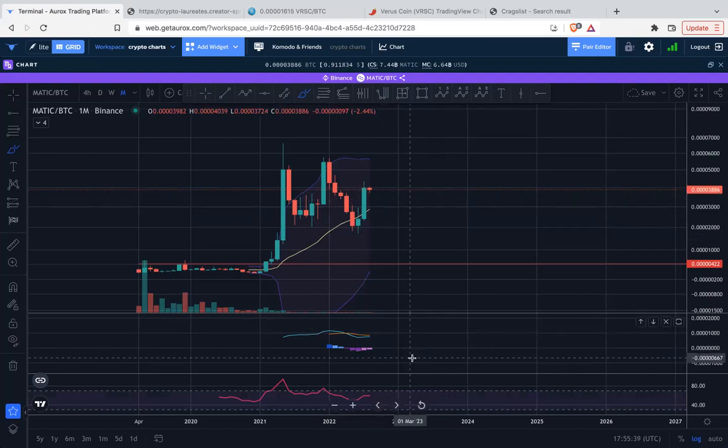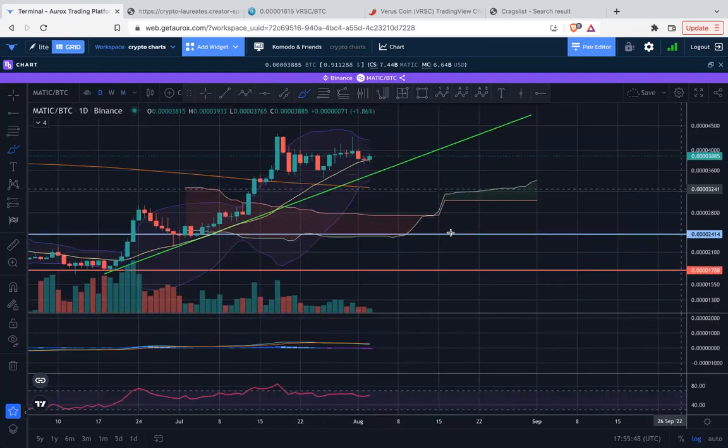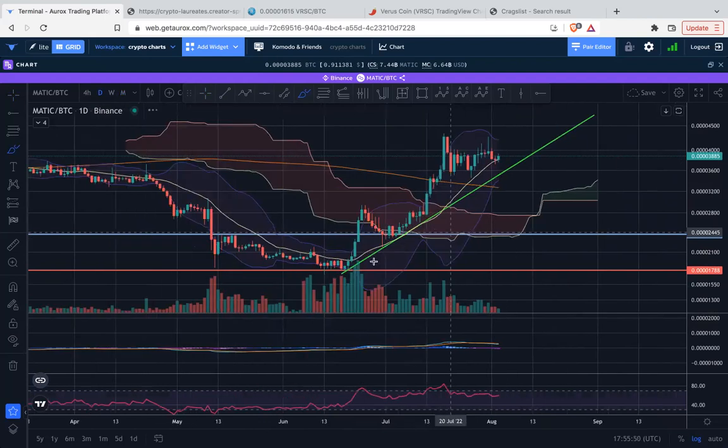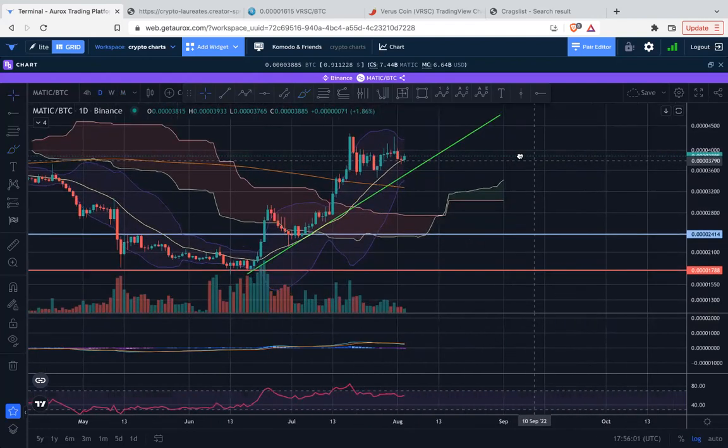Let's see what happens with the price action, but that would be great. That would be super bullish. Now, if we take it down to a daily, on the daily with MATIC, we're actually looking for this trend line here, this uptrending support line to get broken. And I do think it will. Oops, that's not what I'm looking to do. I do think it will get broken because